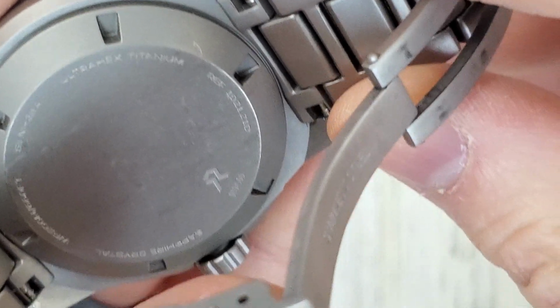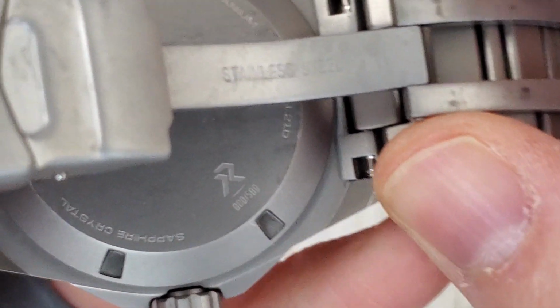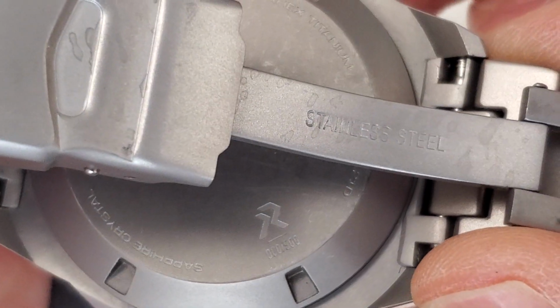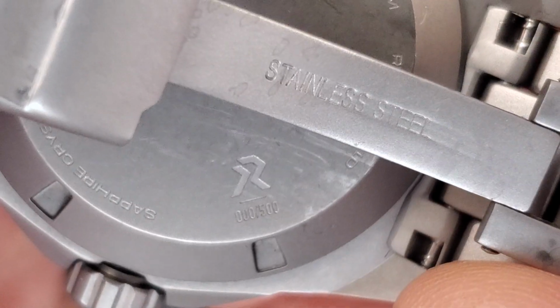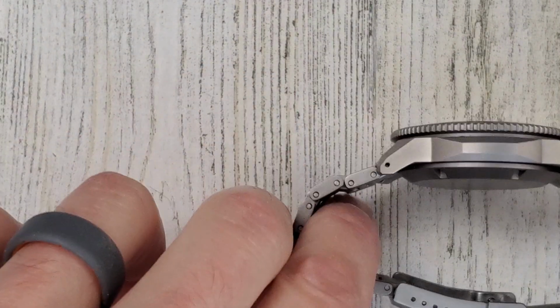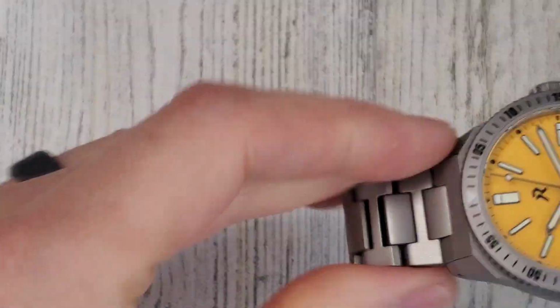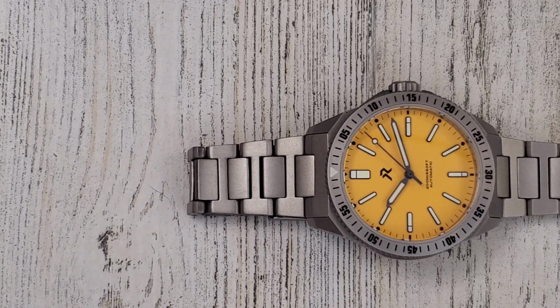And now we have some kind of reference number there. That must be the serial number right there. So 0 of 500. This must be perhaps a prototype or early model. I don't know. This was sent over to Chris from RZE. Let's